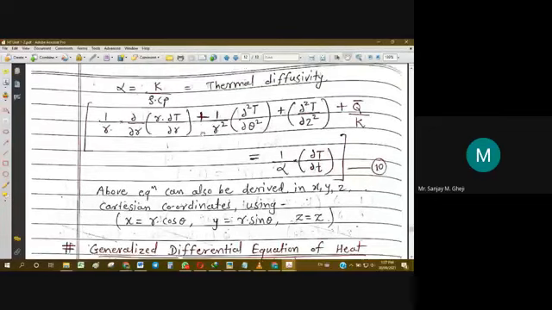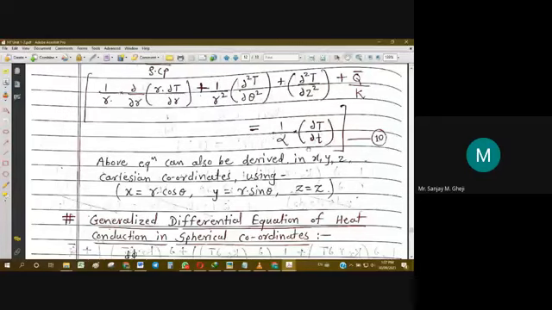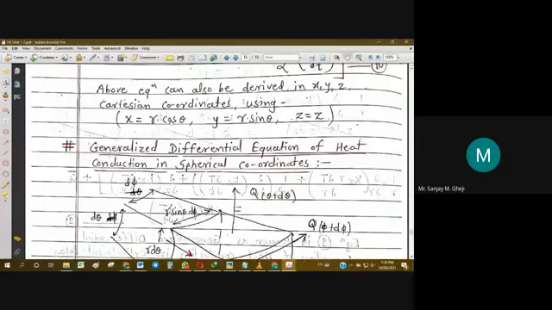This also represents the general conduction equation in cylindrical coordinates, where all three dimensions or directions are covered: radial direction heat transfer, angular direction heat transfer, that is in theta, and axial direction heat transfer, that is z. q bar is the internal heat generation, k is the conductivity of the material of the cylindrical element, and the right hand side remains the same, that is 1 upon alpha into del T by del t. This is also common in all the cases, q bar by k. Only the variables change.